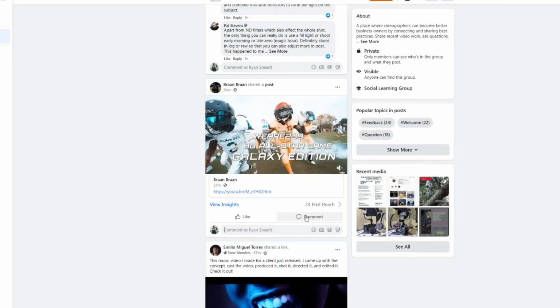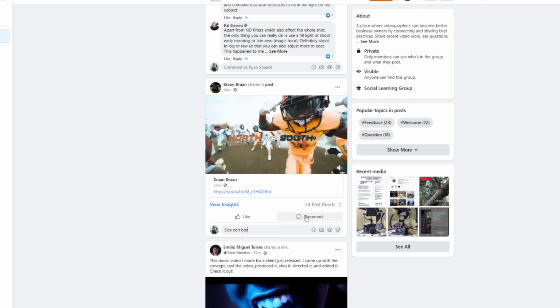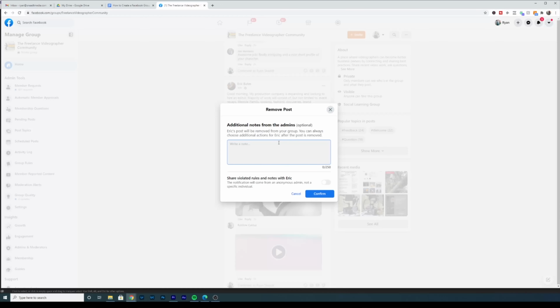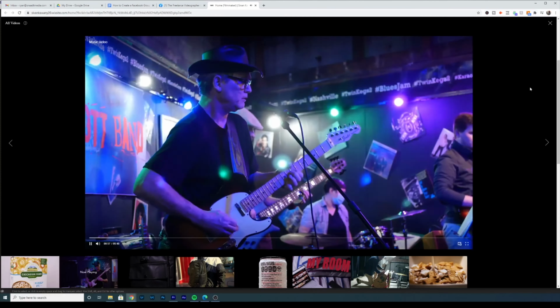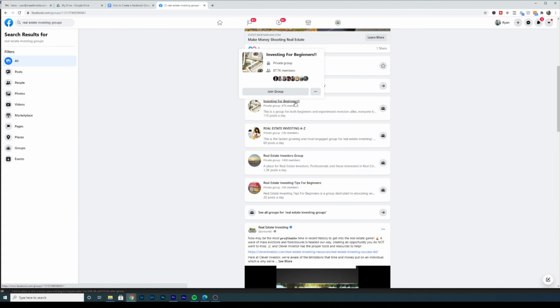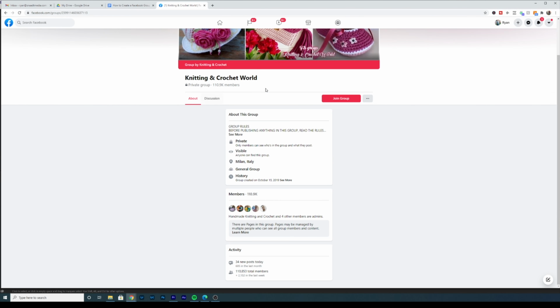In my group, it's a lot of just limiting hate speech and talking down to people that are lower on the knowledge or experience level than somebody else. So that's like rule number one in my group, is that you have to have constructive criticism, and if you're being an ass, I'm just gonna kick you out of the group, because that's the whole reason why we started our group in the first place, was to have a safe space that people can share work that they're doing for feedback. And this is going to be different for every one of your industries. If you're into real estate, or if you're into knitting or crocheting, or whatever niche or whatever type of group you're trying to create, you want to make sure that you have clear rules that are specific for that group, so then it's a very enjoyable experience for everybody.